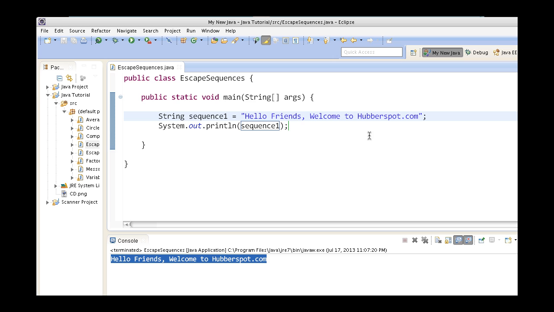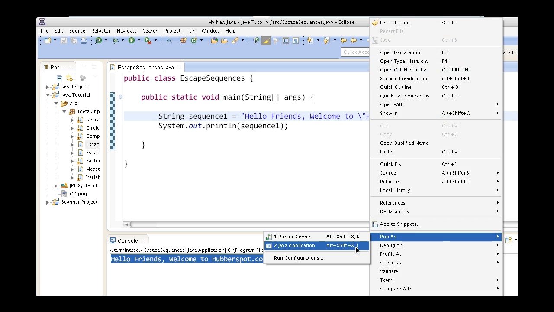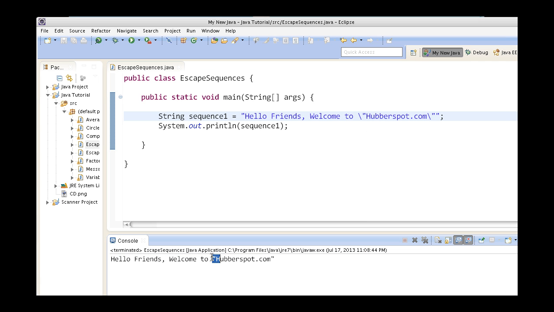So in order to put something in quotes within a string, we have to use an escape sequence. To put a double quote as an escape sequence, we put a backslash and then the quote, and at the end also a backslash and a double quote. If I run the program again, see here it printed hoverspot.com in double quotes.